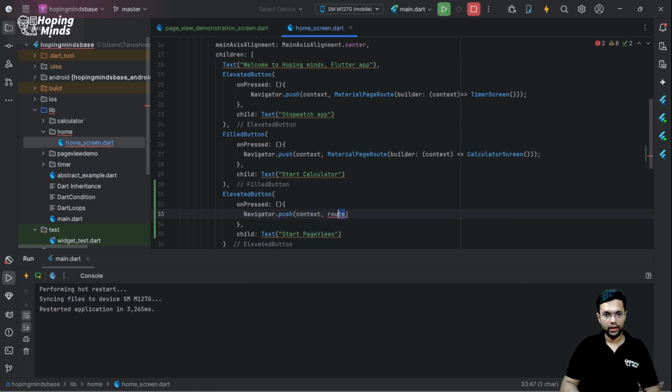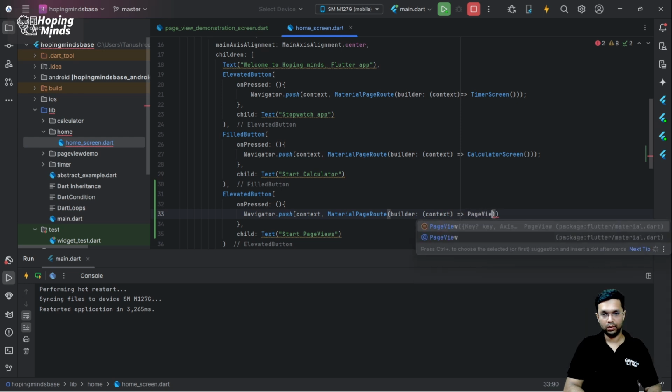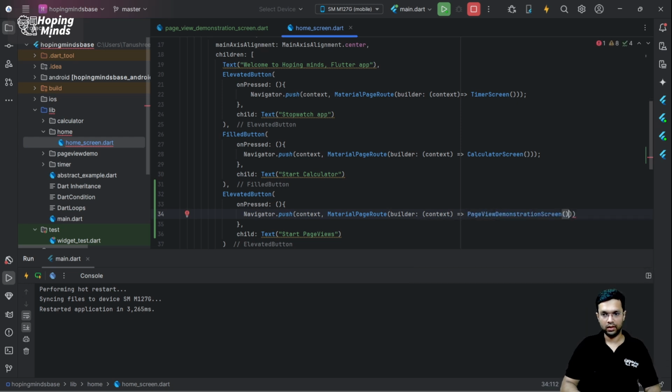That basically adds a new screen. I'll put context over here, and I'll put PageviewDemonstrationScreen. Now when I do a hot reload,